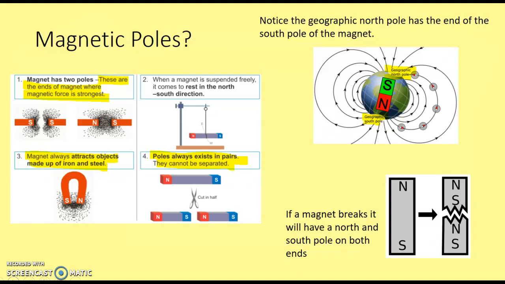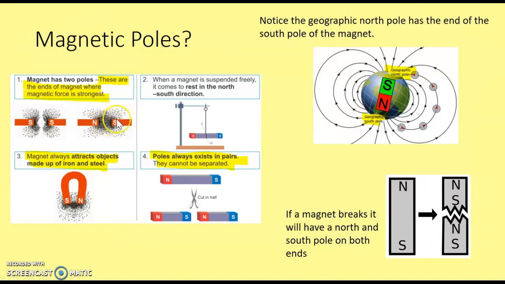Questions about magnetic poles. Let's first take a look. Over here on number 1, it says a magnet has 2 poles. These are the ends of the magnet where the magnetic force is the strongest. So you can see right here, it's real dark in this area. We can see right at the poles that they're very strong. And as you put them together, you can see these iron filings are also very dark right here because that's